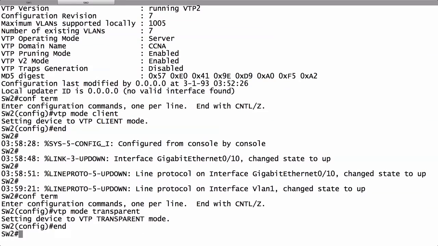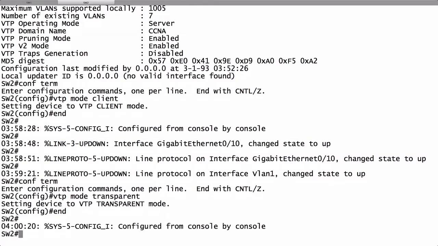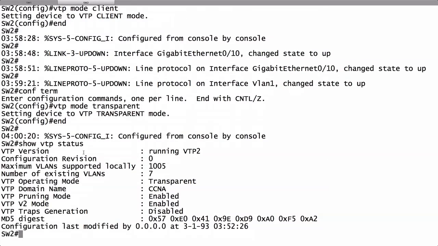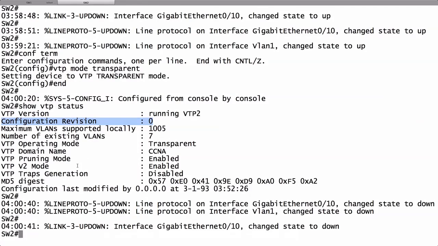If I'm in transparent mode, my configuration revision number is always a 0. Let's do a show VTP status. And you see that my configuration revision number is 0. I'm going to disconnect that switch again, as if we were not connected to the network. I've now disconnected from the other switch, and any changes I make here, they're not going to go anywhere else,